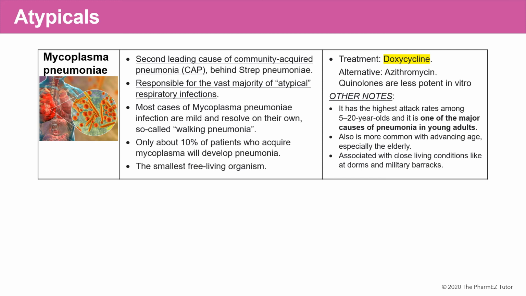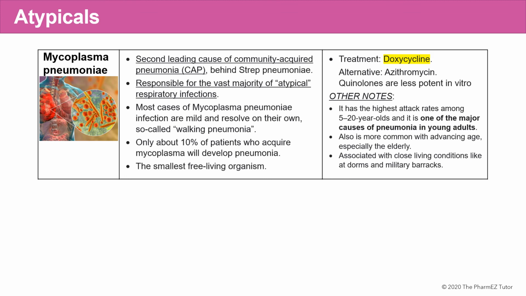It's the second leading cause of community-acquired pneumonia, or CAP, behind strep pneumoniae. It's responsible for the vast majority of atypical respiratory infections. Now, most cases of Mycoplasma pneumoniae infection are mild, and they will resolve on their own. This is so-called walking pneumonia. However, about 10% of patients who acquire Mycoplasma will develop severe pneumonia. Mycoplasma pneumoniae is the smallest free-living organism. Now, we treat Mycoplasma pneumoniae with doxycycline. Alternatively, we can use